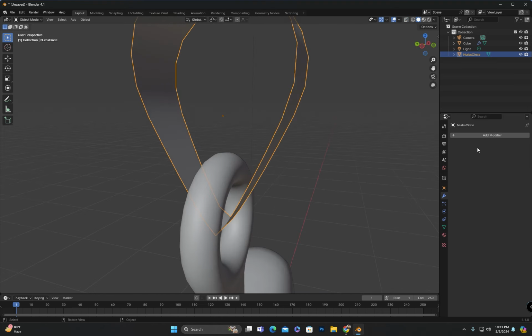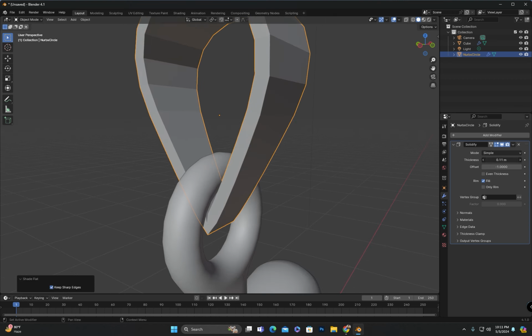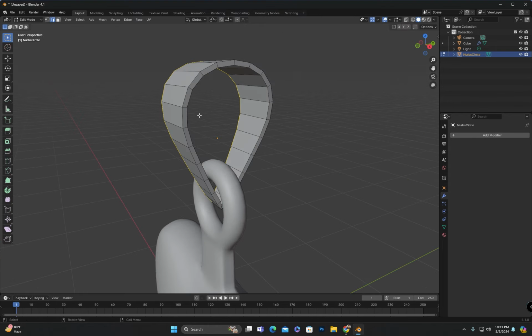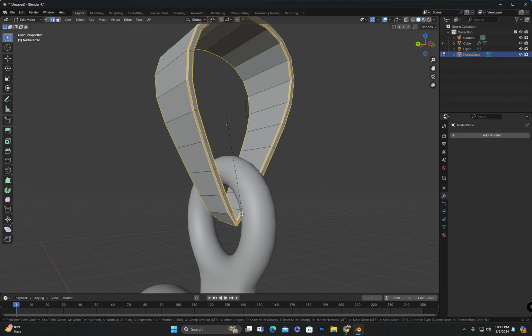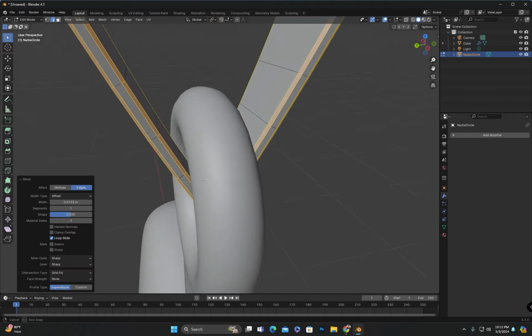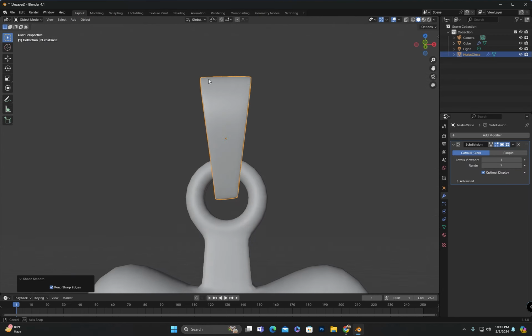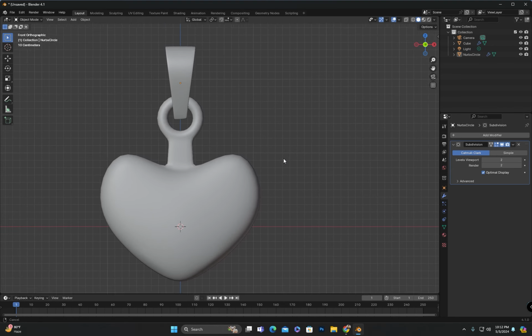After that, I will apply the solidify modifier and then bevel the edges. Then I will apply a subdivision surface modifier to it. So now the locket is ready and all that's left is to design the chain.